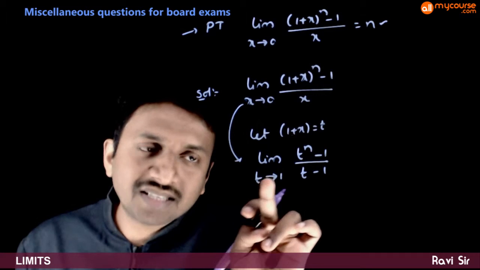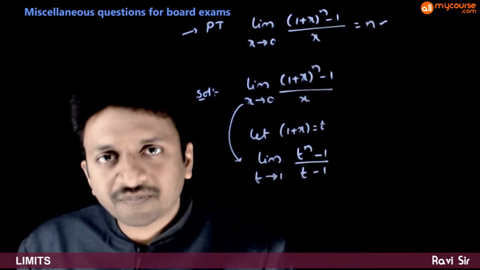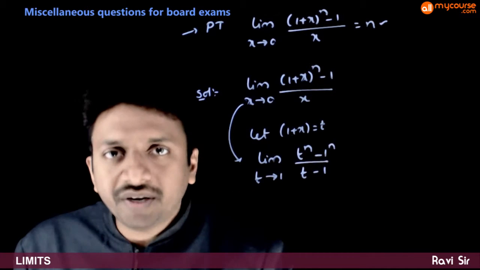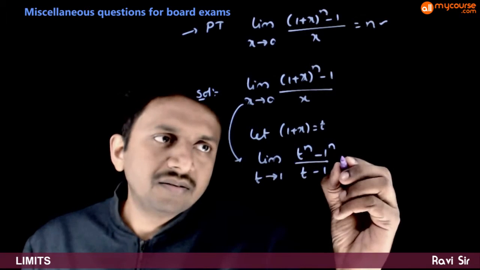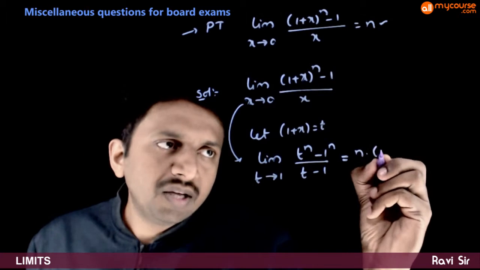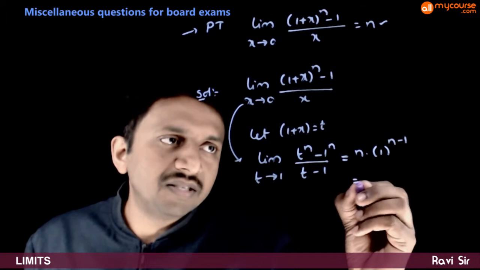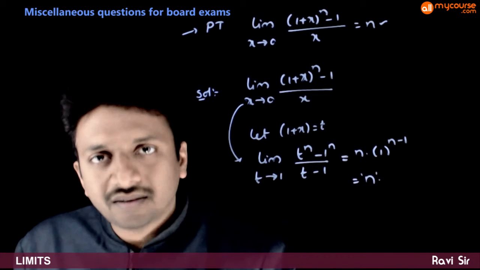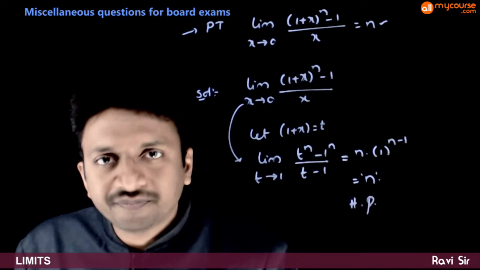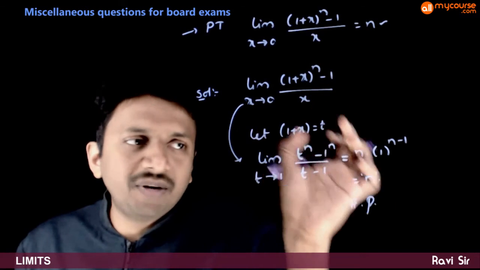So limit x tends to a, x power n minus a power n by x minus a. So t power n minus 1 can be written as 1 power n. So what is the answer to this? n into a to the power n minus 1, which is 1 power n minus 1, which is equal to n is the answer. So hence proved. Right? So this is what you're asked to prove, that this limit is equal to